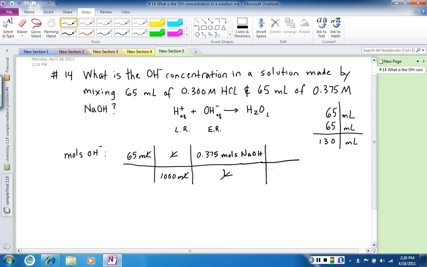And our ratio is 1 mole of NaOH for 1 mole of OH minus. So that works out to be 0.024375